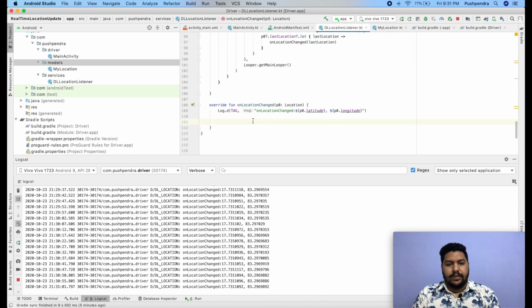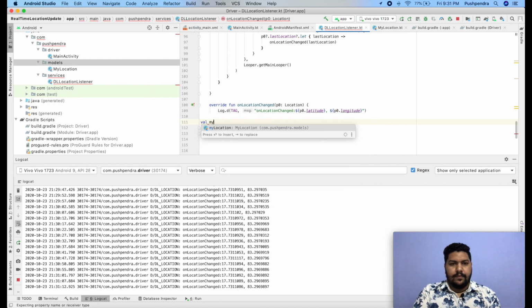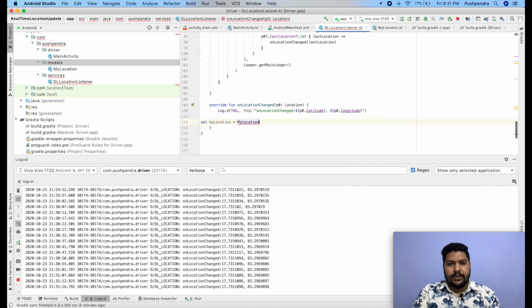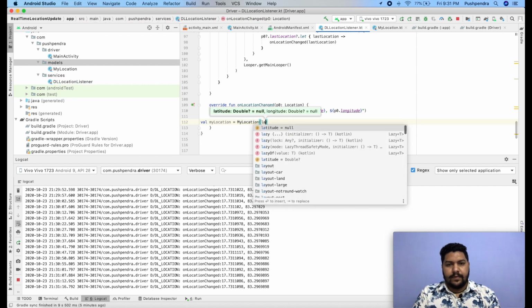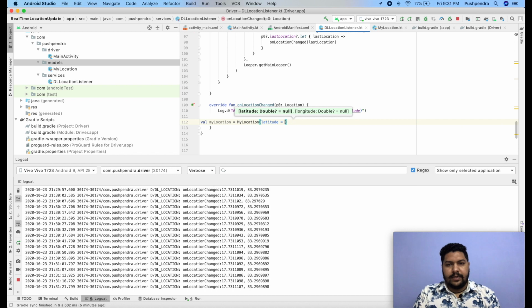Dear location, val my location, and here my location I am going to set latitude, and latitude will be p0 dot latitude, same way longitude p0 dot longitude.